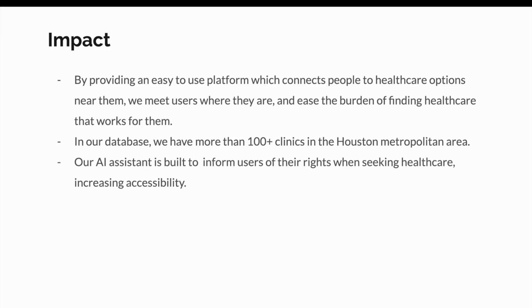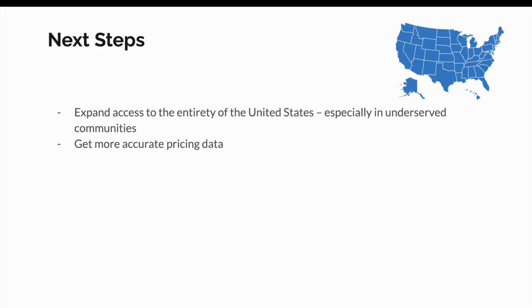In our database, we have more than 100 clinics in the Houston area already, and our AI assistant is built to inform users of their rights when seeking healthcare and teach them about any questions they may have about navigating the system, especially if they are unfamiliar. In the future, we would like to expand our access to the entirety of the United States, especially underserved communities, as well as get more accurate pricing data from sources